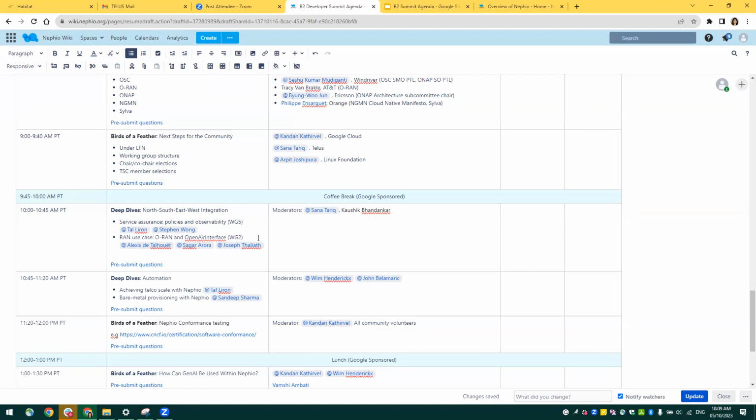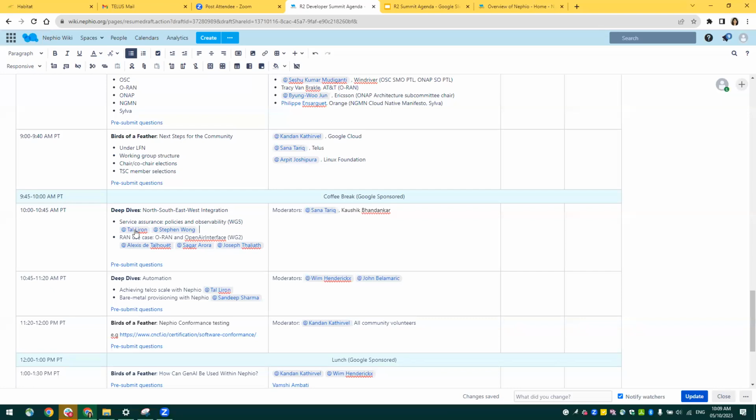Okay, so our work is already there on observability. We have already made a lot of design and framework for observability, and observability will be the key. Service assurance will be over it. Exactly. Nephew will provide the observability framework, which service assurance will use. Without observability, service assurance will not work. So, in our opinion, observability is the first thing that should be discussed, and then service assurance can be discussed.